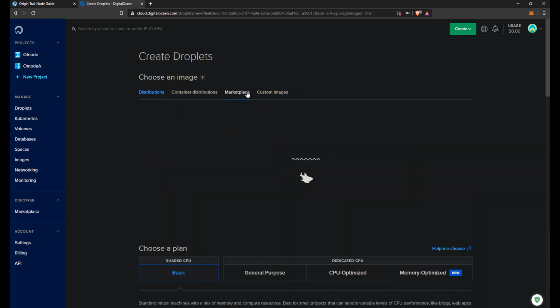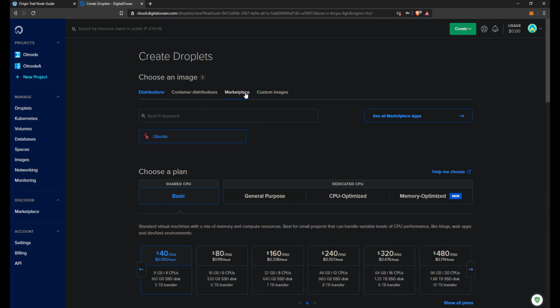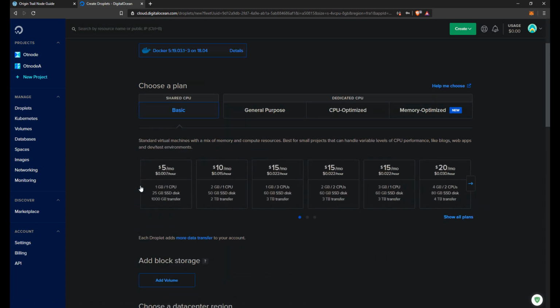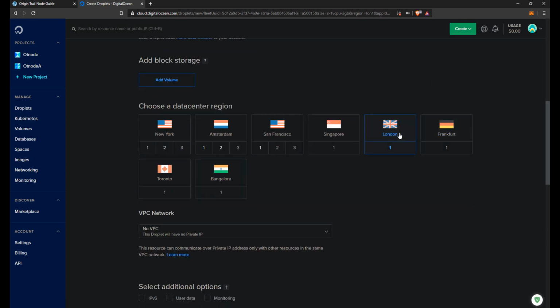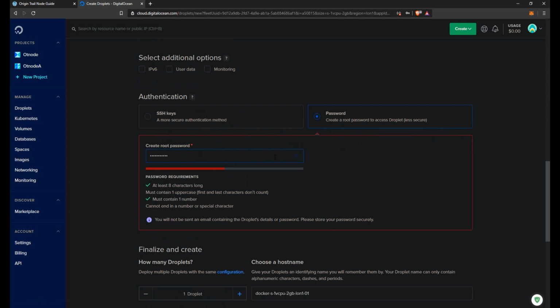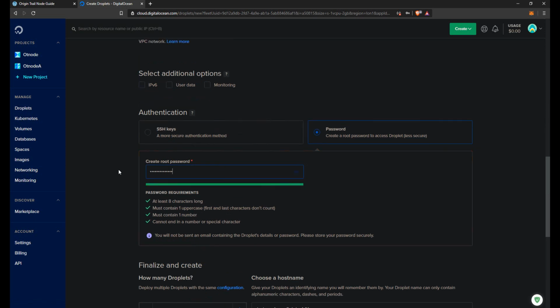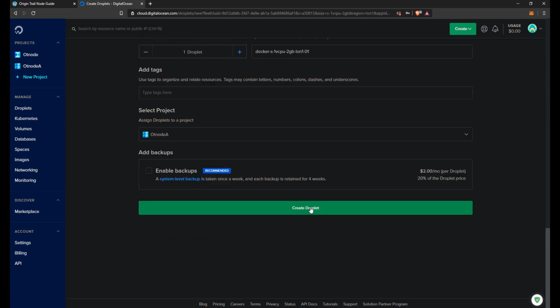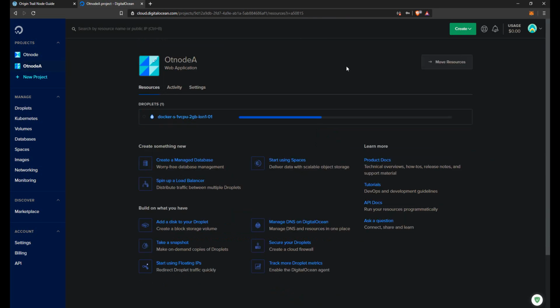From the marketplace, select Docker. You select Share CPU Basic, then you select the $10 per month one. Basically, the requirement is that we need 2 GB of RAM. Choose a password for your server. You can change it later, and then you just create a droplet. You can see your server being created, and once it's done, you get a notification on your email that it's